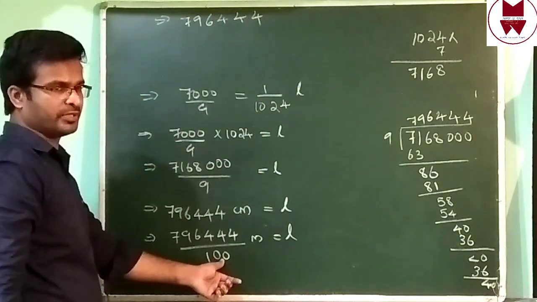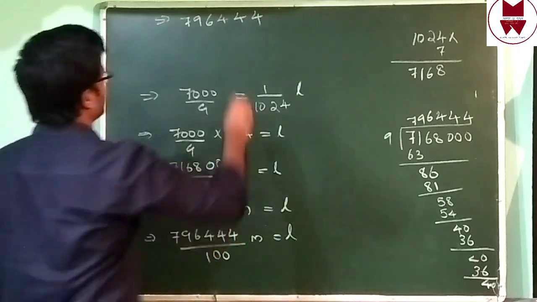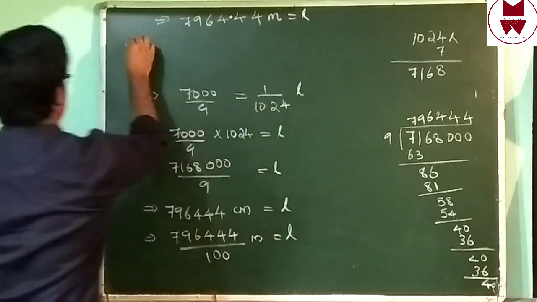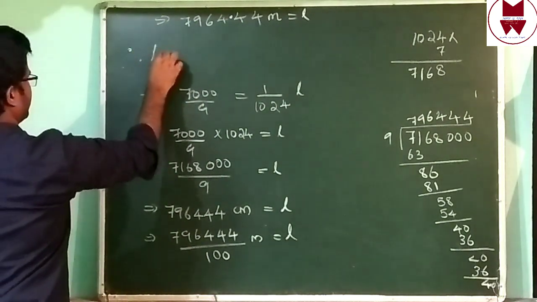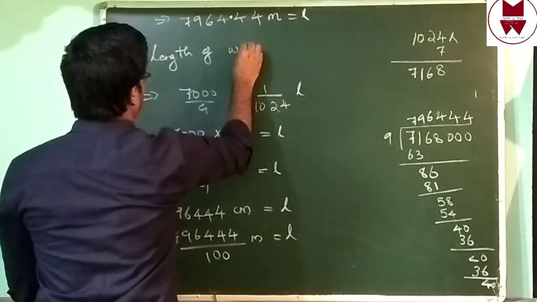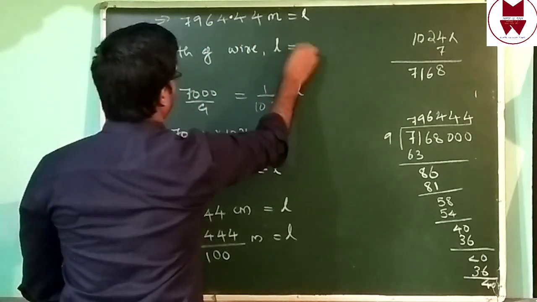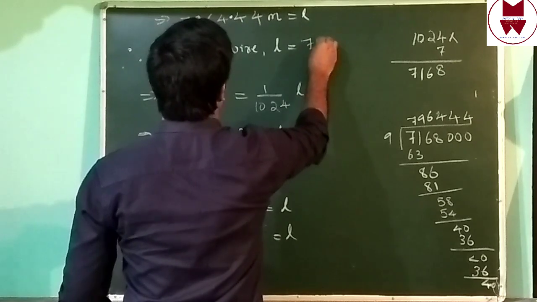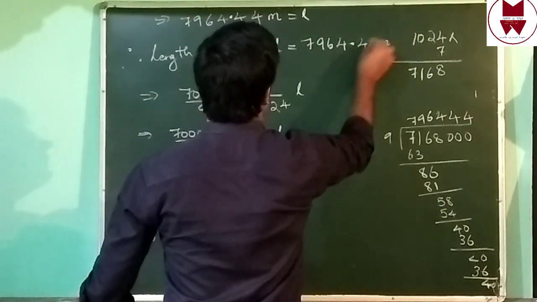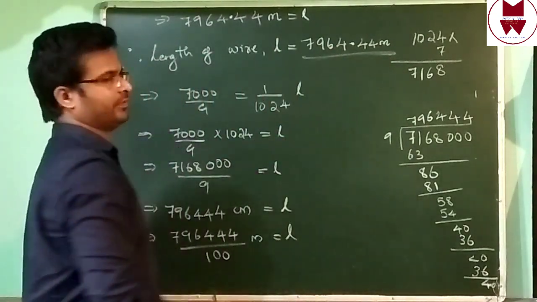In 100, how many zeros? 2 zeros. That means after the point we need 2 numbers. Therefore, the length of wire L equal to 796.444. This is our length of